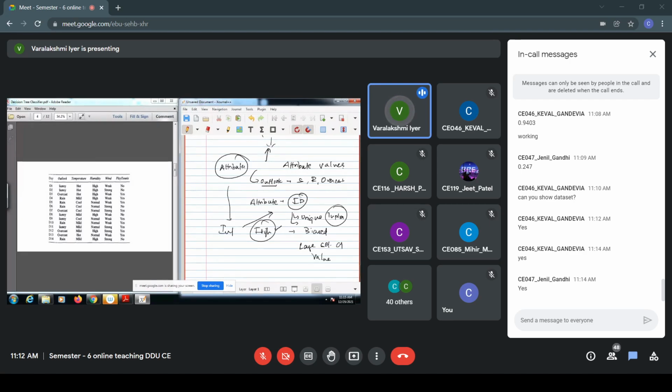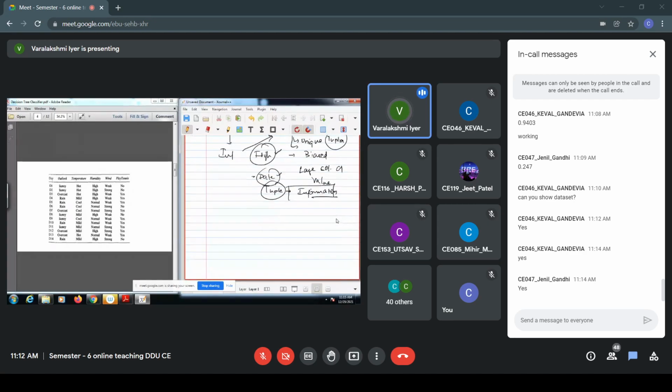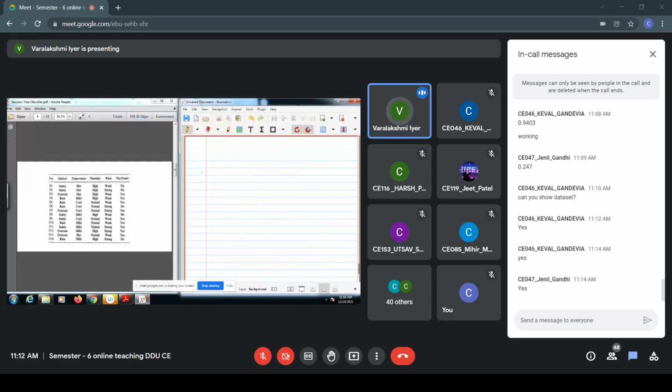So for example, if you have another attribute, let us consider date. Date is going to be unique for each tuple. In that case also the information gain will be higher. But we do not want to create such a decision tree. We want to create a smaller decision tree, and we also want to make sure that the branches are not too many and the tree is not very complex. So in that case we come to another attribute selection method.